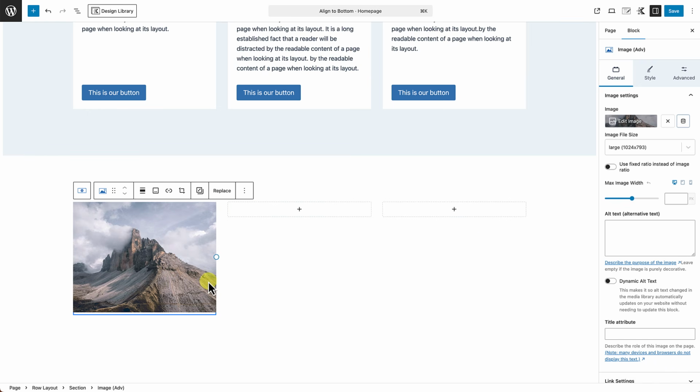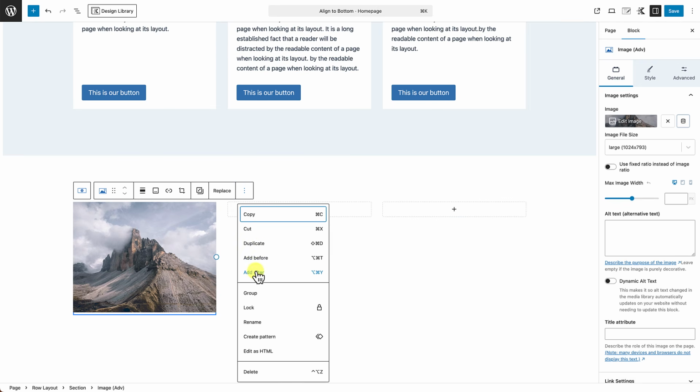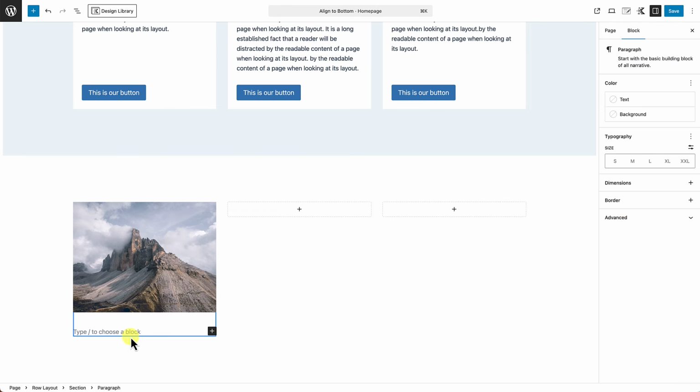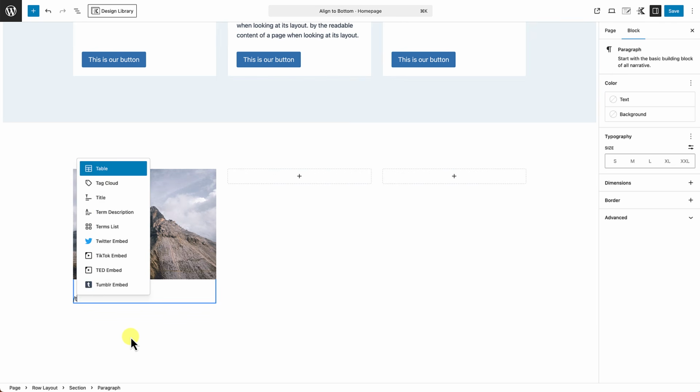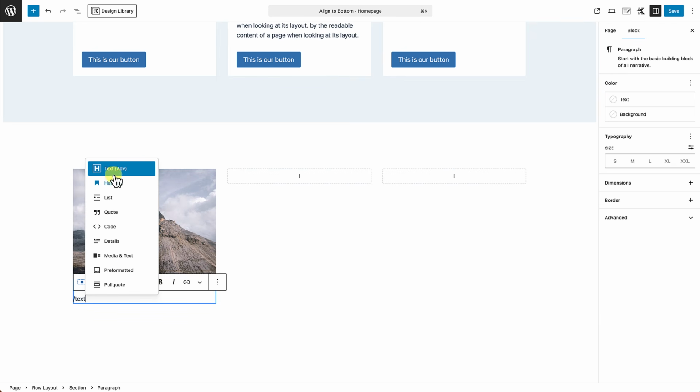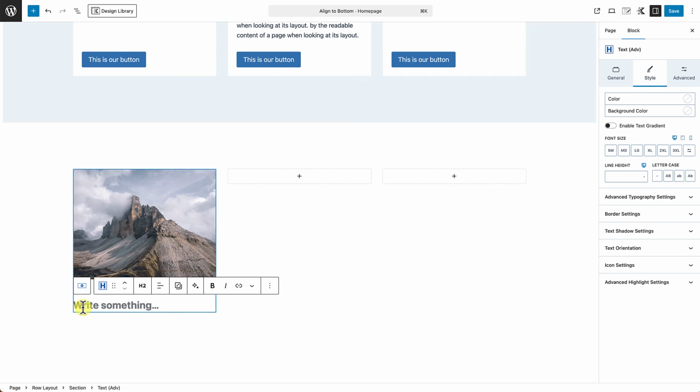Next, let's go ahead and add a title below this. I'm going to click on the vertical ellipsis, click on add after, and in the new block line, type a /, type the words text, and we want to select the text block from Kadence, and we're going to say this is our title. Okay, I'm going to hit the enter key,